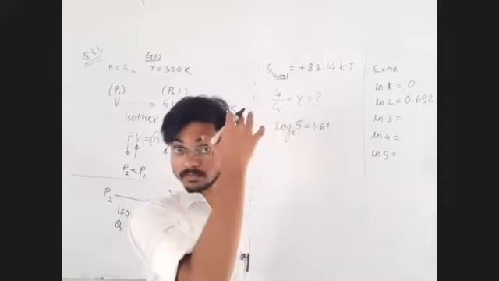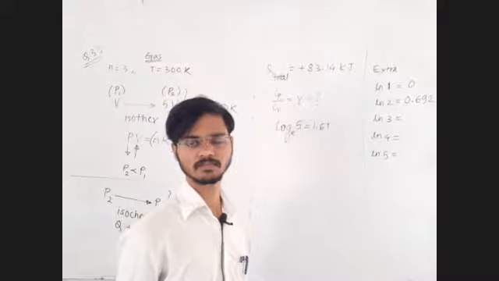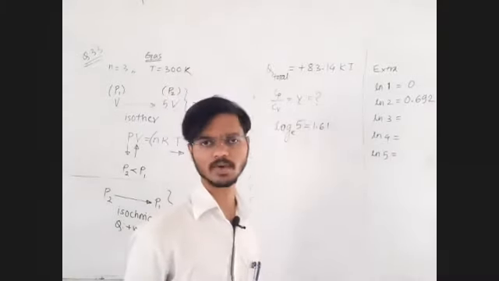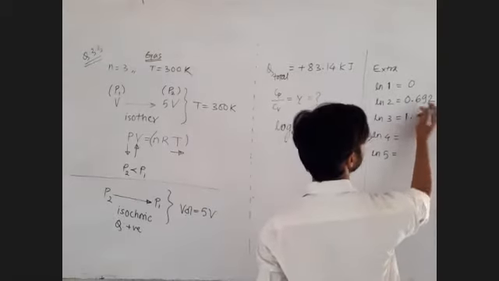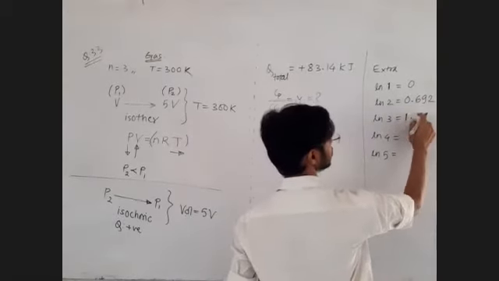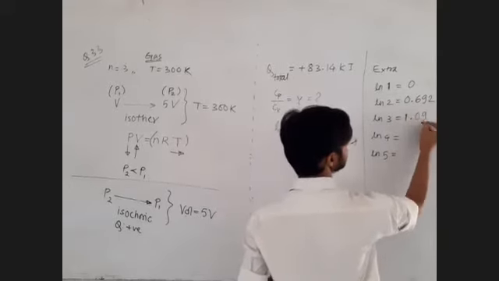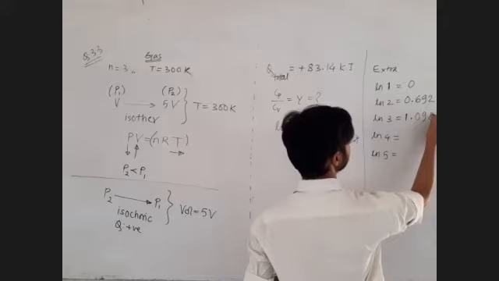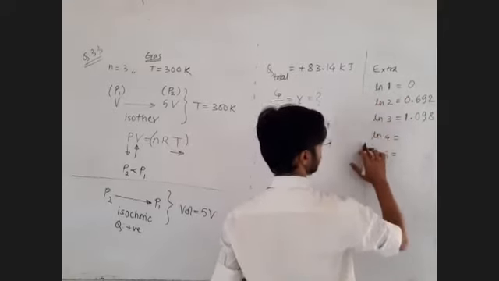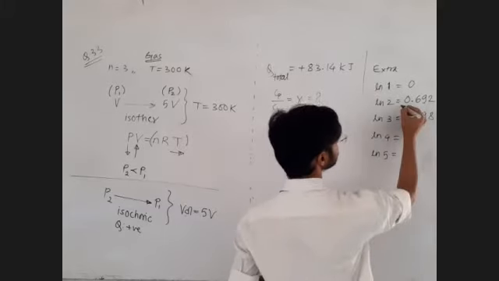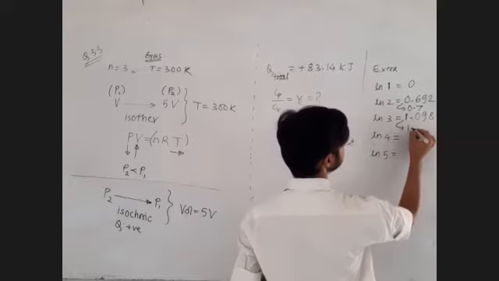Perfect. 1.1 approximately, or 1.09, or 1.098. If you want approximations, then write approximations also. 0.7, 1.1,